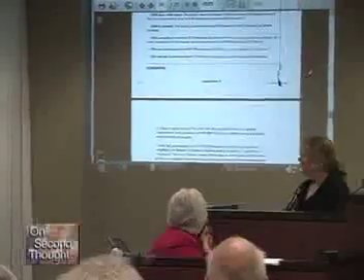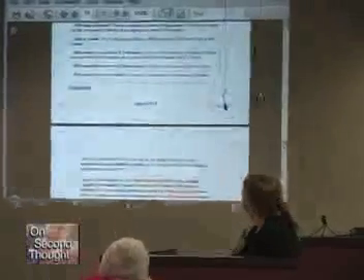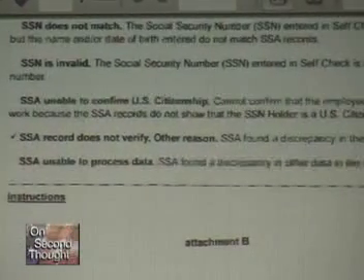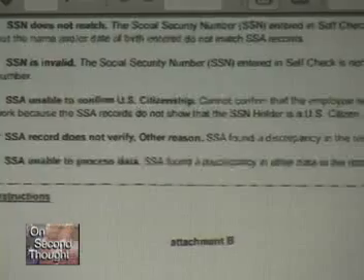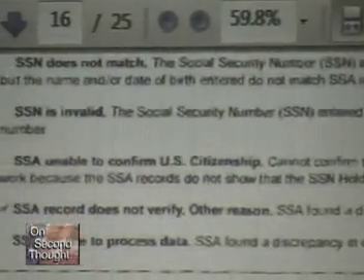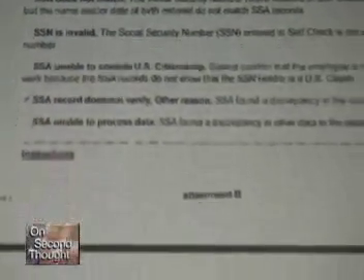So, okay, what does it say here? SSA record does not verify? Is that what it says? SSA record does not verify, other reason. SSA found a discrepancy in the record. So the social security number that Mr. Obama is using from early years, according to Ms. Daniels, and that's listed on his tax returns, does not verify under E-Verify. When I ran it on August 17th, 2011, it did not verify. It came back with this mark. Thank you very much, Ms. Jordan.